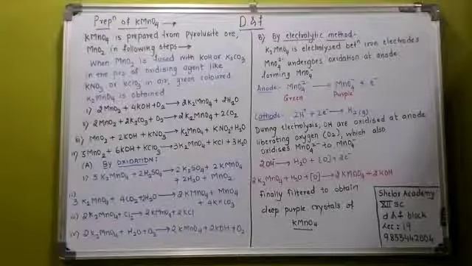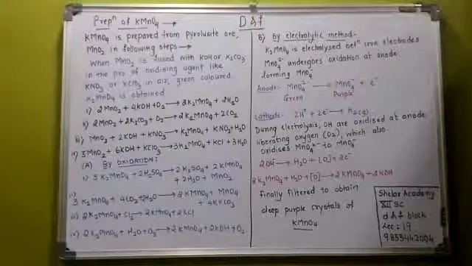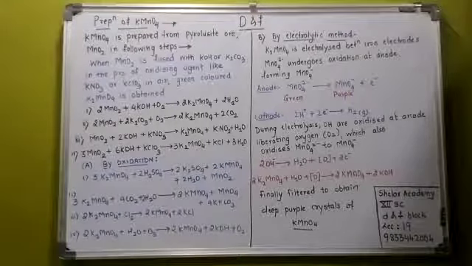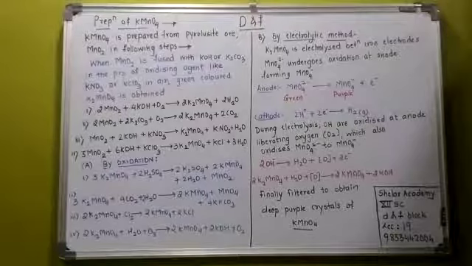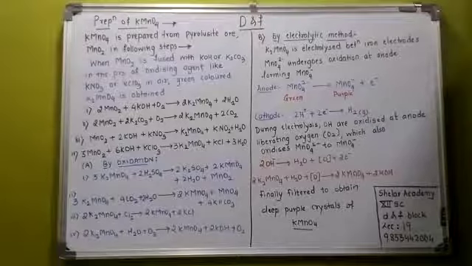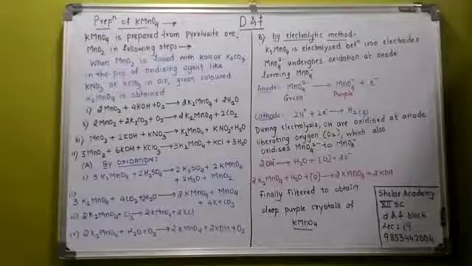When it is reacted with water and ozone, ozone is converted to O2. See, now these can be some of the tricks by which you can remember the equations, and then balancing is important. So this can only be done by writing. So this is the first way, that is by oxidation KMnO4 can be prepared. The next is by the electrolytic method.